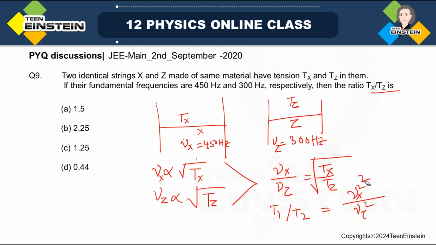Okay, now it is easy to find out, isn't it? So you have to find out the ratio. So this is 450 divided by,